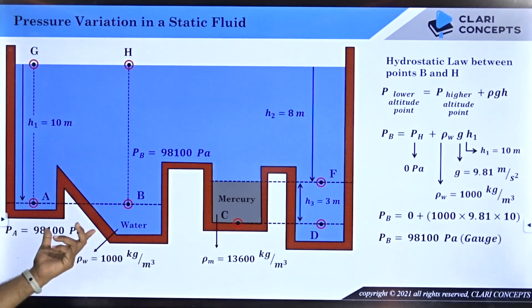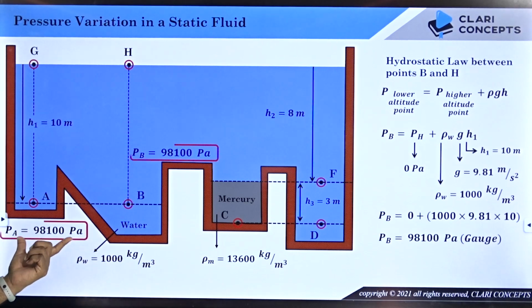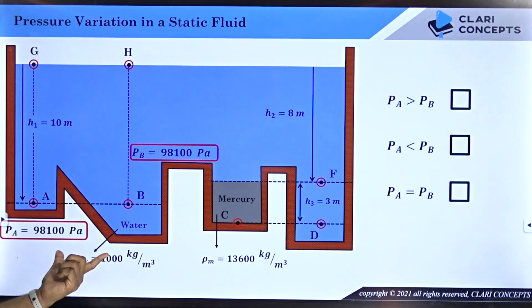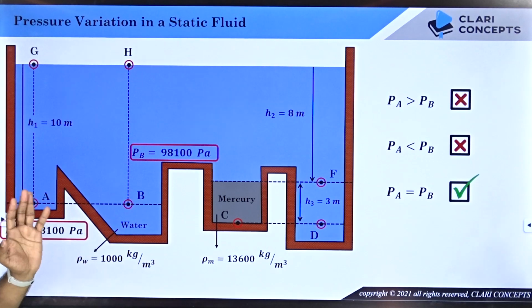Again, you will see the pressure at B is 98100 Pascal, pressure at A is also the same. So, now can I say that pressures are equal? Yes. So, the answer, option third, is the correct one. Keep this in mind. Okay. Now,